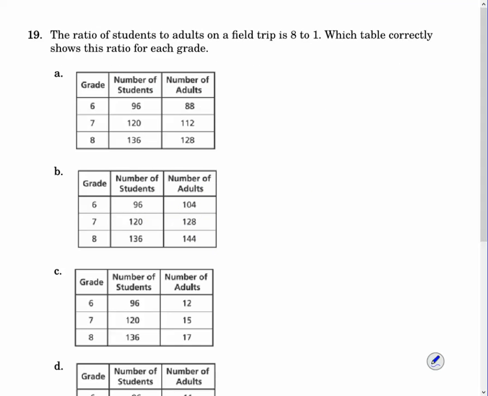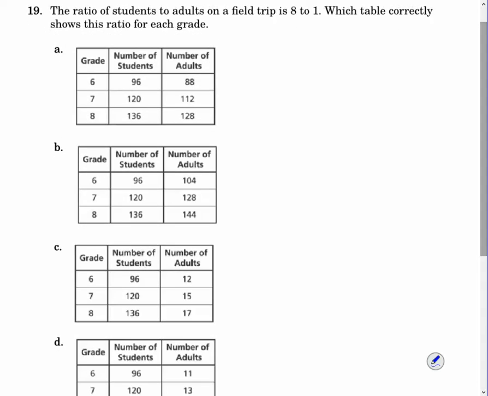All right, number 19, it says the ratio of students to adults on a field trip is 8 to 1. Now, anyone familiar with schools knows you always have more kids than you have adults. So you are looking for where if you were to simplify any of these ratios, you would get 8 to 1. All right, I'm looking at this and I'm thinking I can eliminate immediately choice B because there's more adults